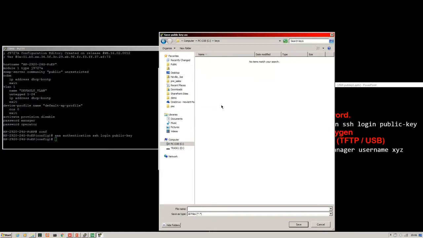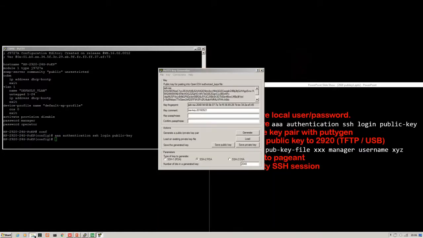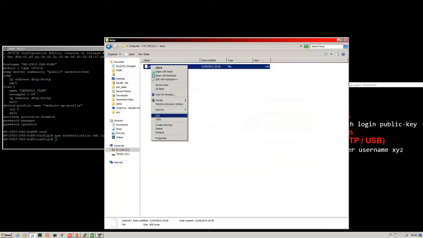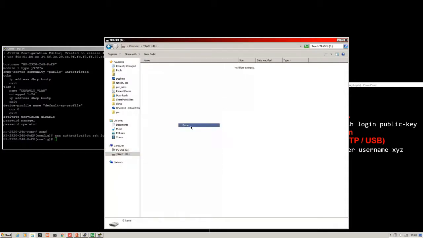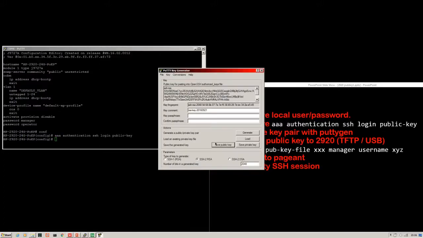I've already created a folder for my keys. Give it a name, JPub1, save that. I also am going to transfer this via USB, so I'll do that transfer onto the USB now. You can TFTP this onto the switch if you wish. Also, I'm going to use a